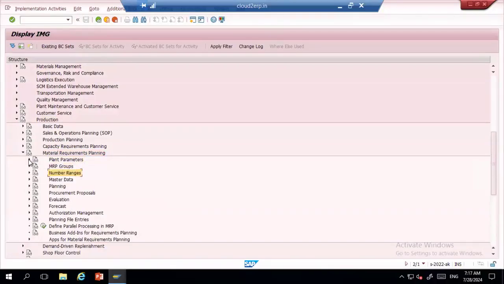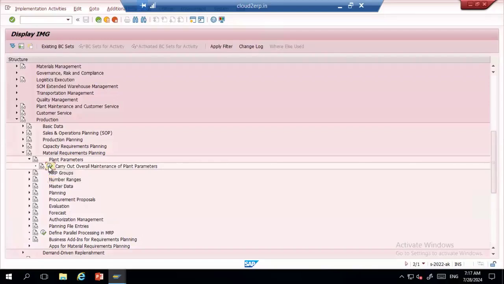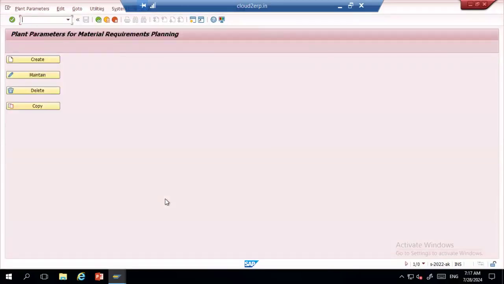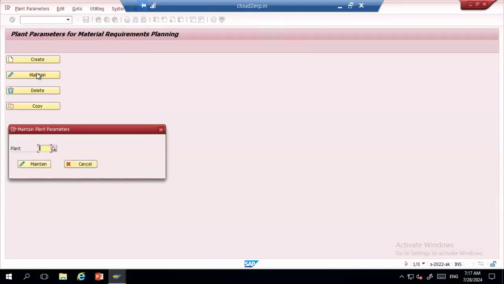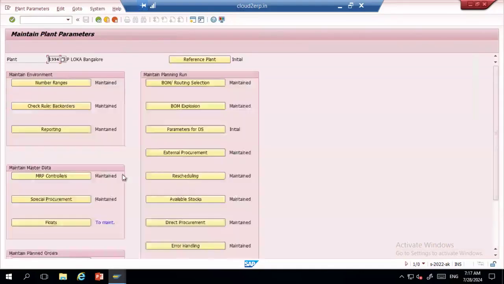First, let us discuss the MRP planning, the plant parameter. What is this plant parameter? This plant parameter is going to decide, for a particular plant, how we are going to run the MRP. If you configure this plant parameter, that means you have configured the complete MRP, because here you have all the things in the configuration list. These are all divided into different sections. So first thing,